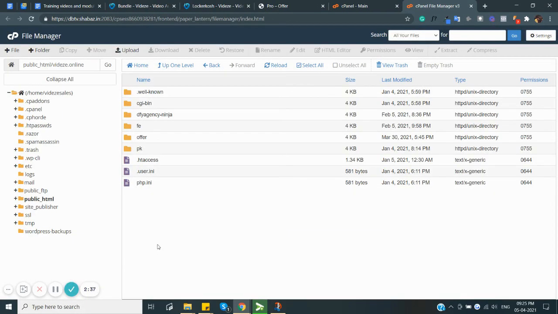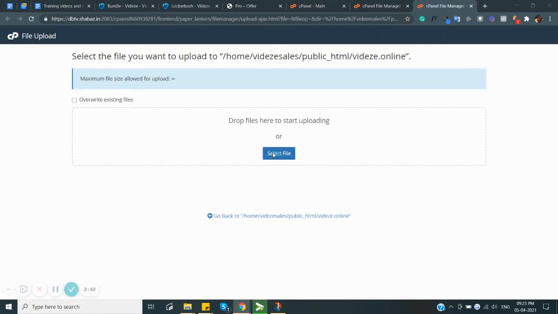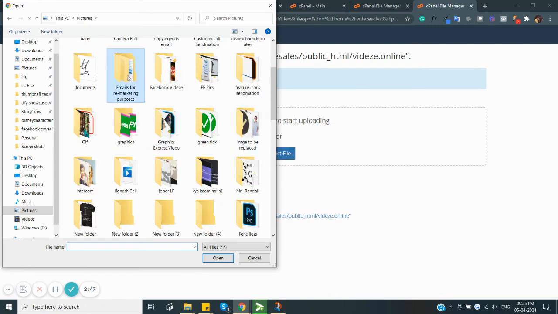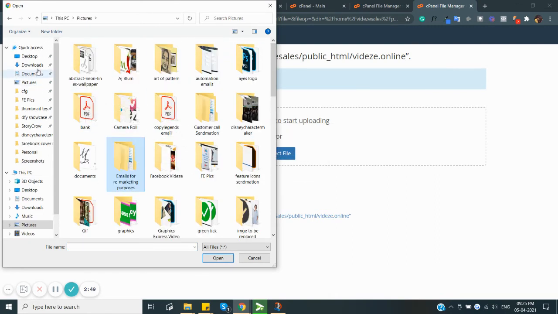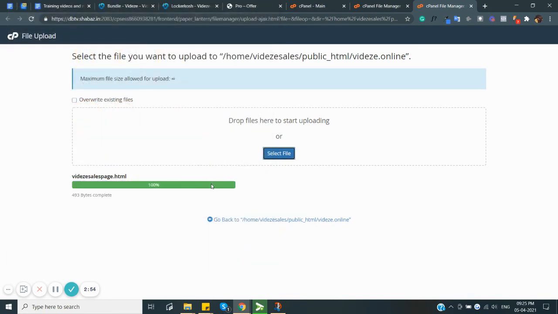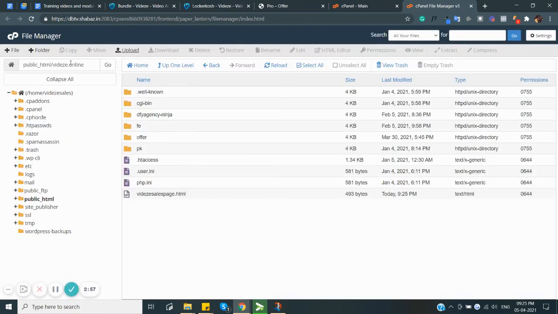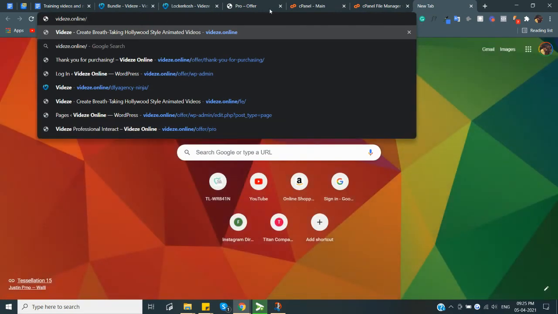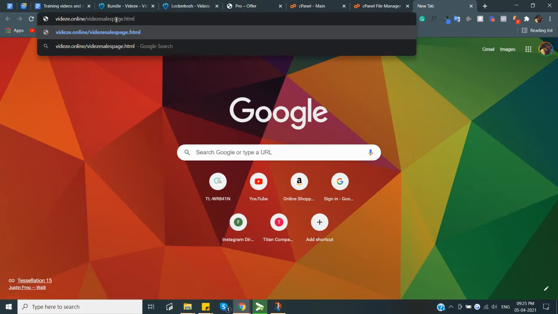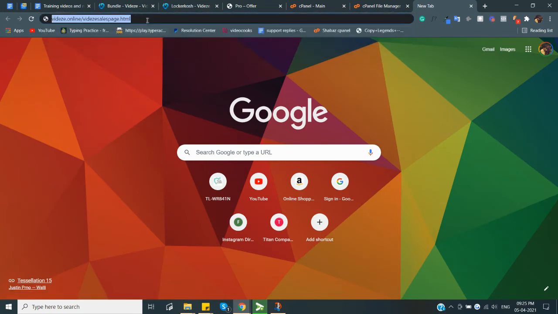Awesome. So I'm in my hosting account and I just want to upload this page, this HTML document, in my hosting. So this is it. This is going to be the page. And after uploading the page, I'll just go to whatever link that it says. So for me, it's willis.online slash salespage.html. So I've hosted it successfully. You have to do the same, and then we'll click on enter.